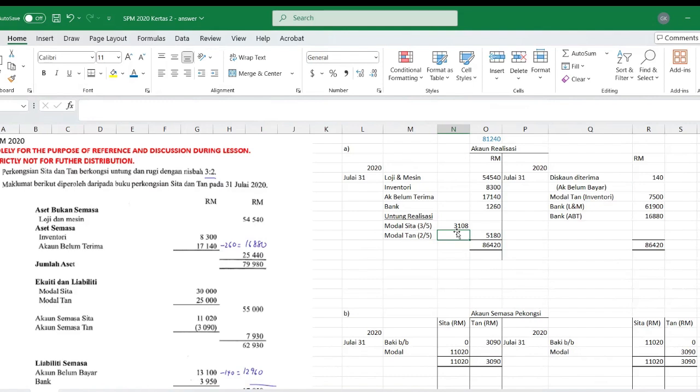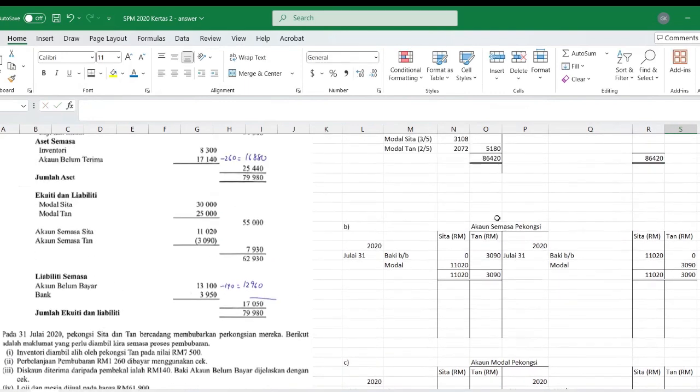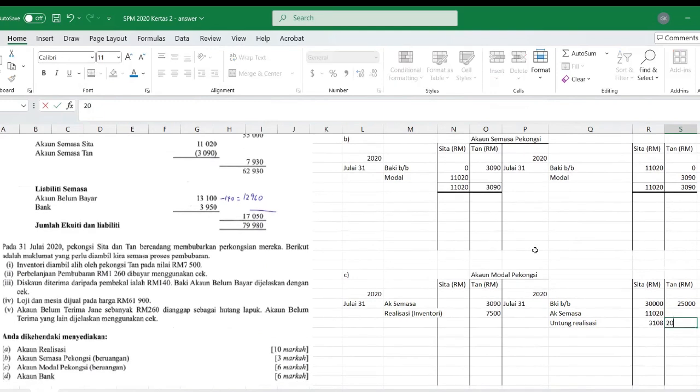Modal Tan will be 2072. So we will credit to account modal Sita and modal Tan accordingly for untung realisasi. So Sita and Tan, 2072. Okay, so with that,